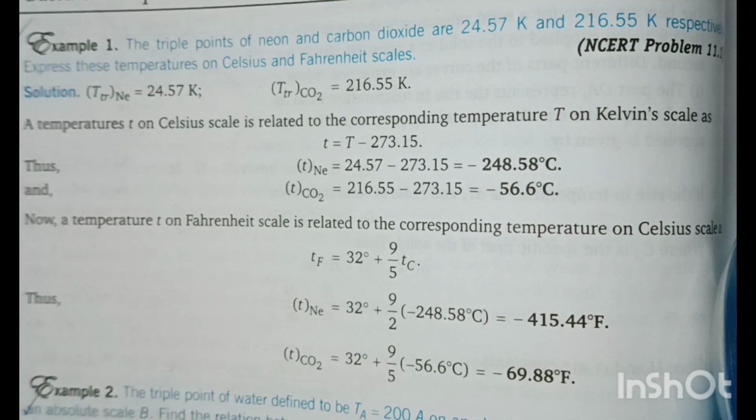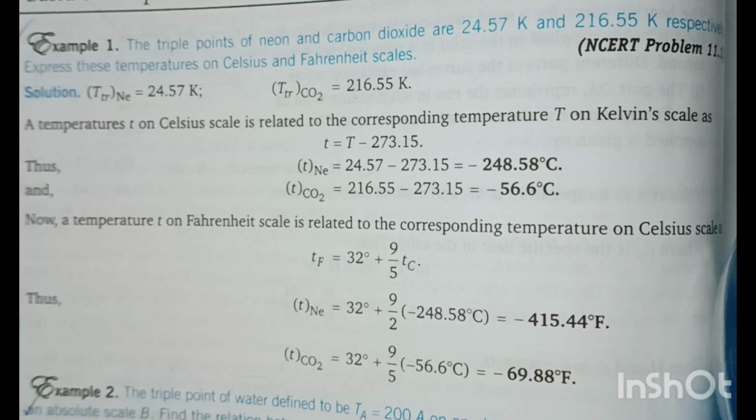The triple points of neon and carbon dioxide are 24.57 Kelvin and 216.55 Kelvin respectively. Express these temperatures on the Celsius and Fahrenheit scale. So it's a simple question. We have two temperatures given in Kelvin, and we are asked to express these temperatures in